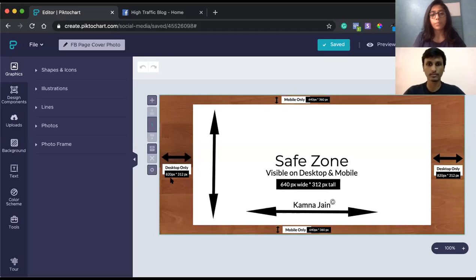There are two things, desktop and mobile version. For the desktop version, your dimensions would be 820 pixels by 312 pixels in height, so only that part will show in your cover photo when somebody visits your page. And for mobile, it would be 640 pixels by 360 pixels.